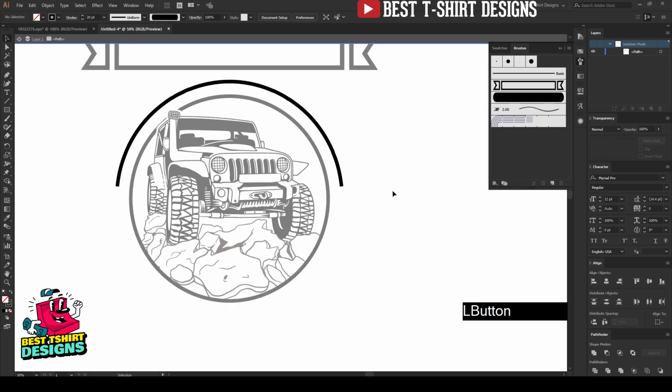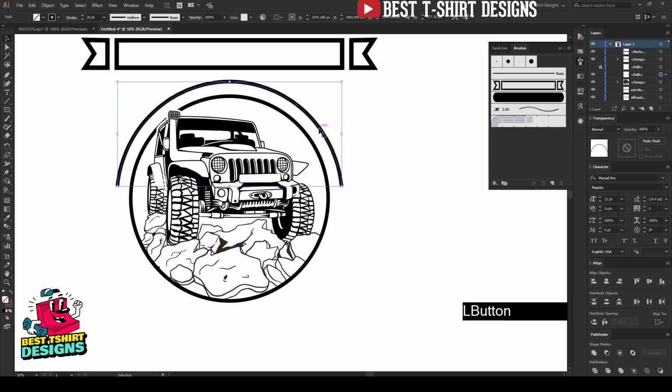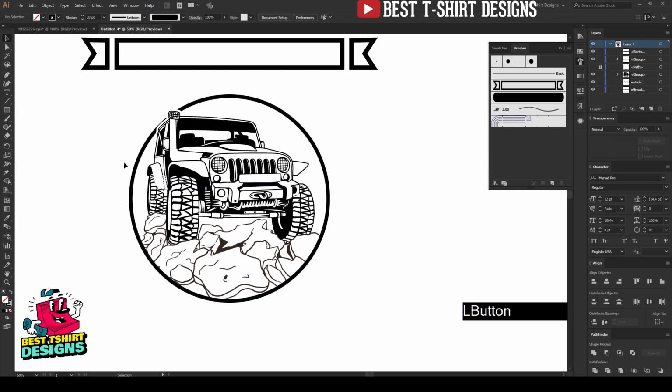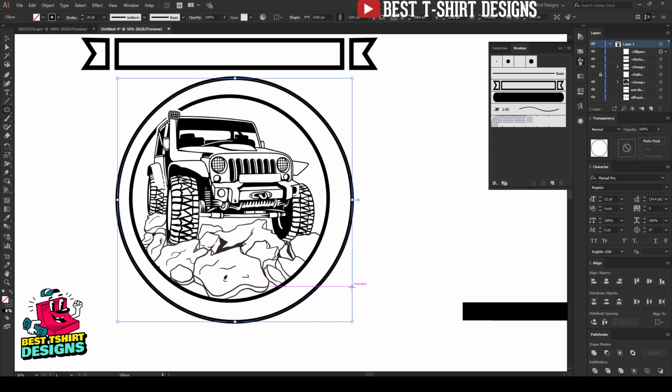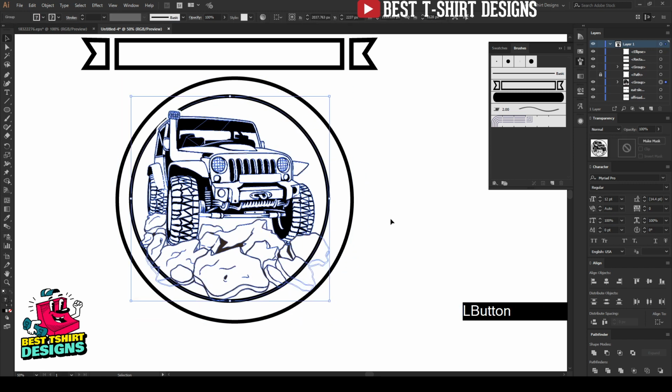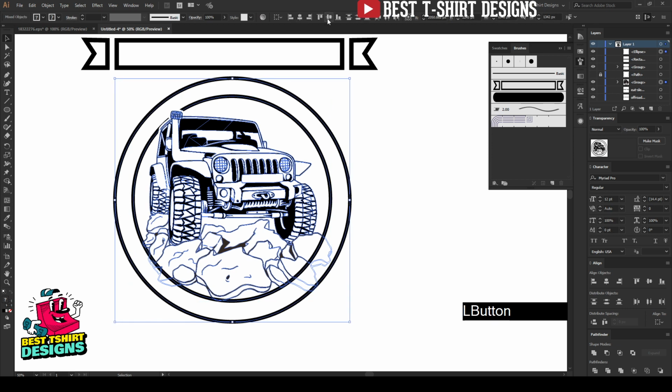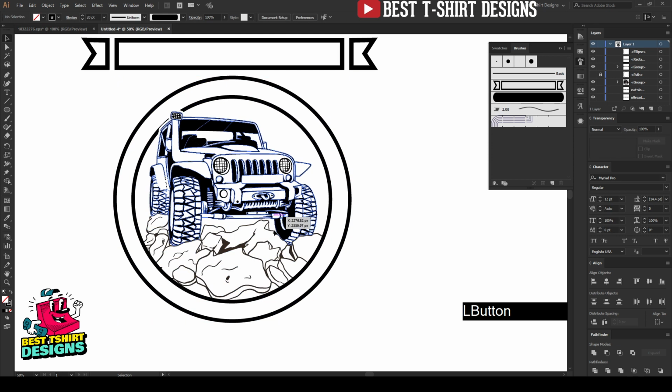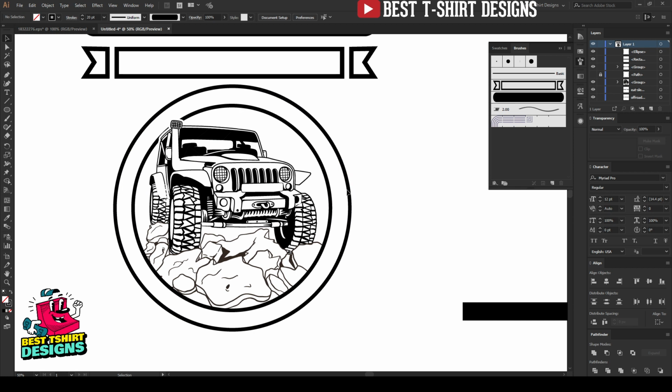You can see it is now erased like this. Or if you want to do it in a simple way, you can just go to ellipse and take an ellipse, just like this. Now this is a group. I can select them both, and then I can align their position to be in the center. That is fine. Let's select this ellipse, make a group, Ctrl C.